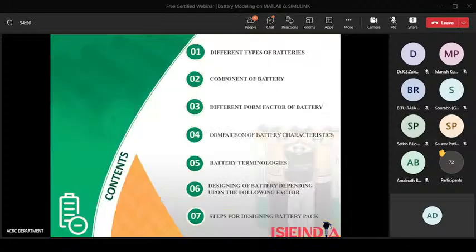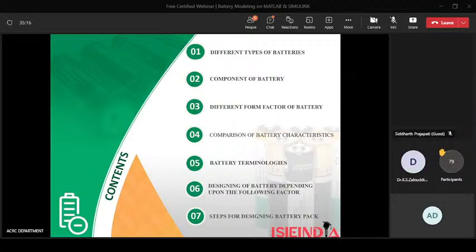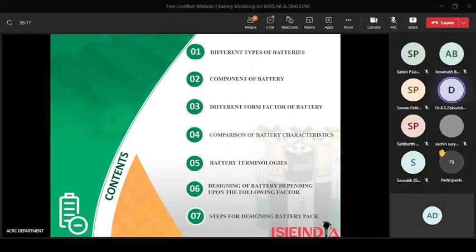So today the agenda, at first I will talk about the different types of battery, like primary, secondary. We will also talk about the different nomenclature of that. Then we'll be talking about the different components of the battery, by which they are made, and after that we'll talk about different form factors. So I will discuss more about